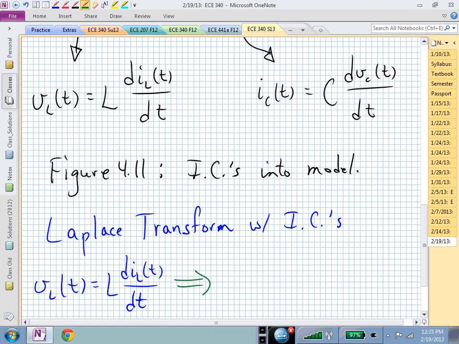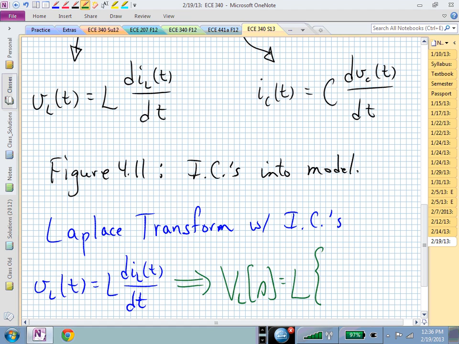We now Laplace transform the left-hand side. That's the easy part, right? That's just replacing a lowercase with an uppercase. So we just have to hit the shift key to do that Laplace transform, right? So this is now capital V sub L of s. That's now equal to L. That goes right through the Laplace transform. That's a constant times